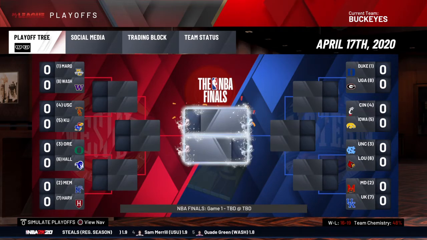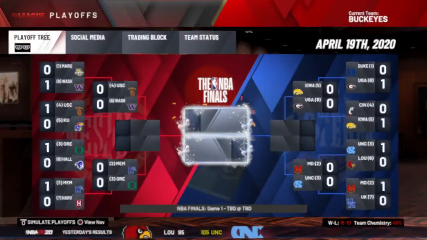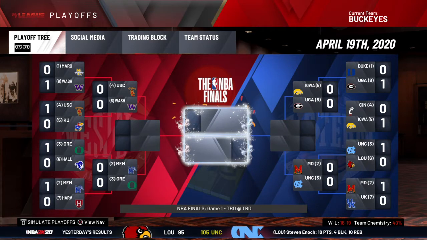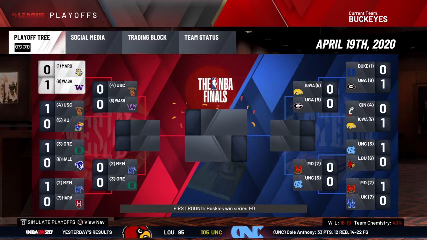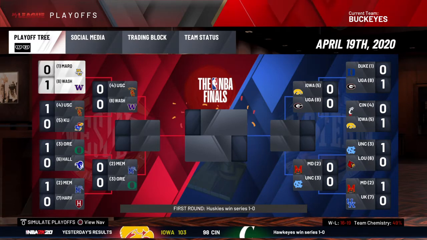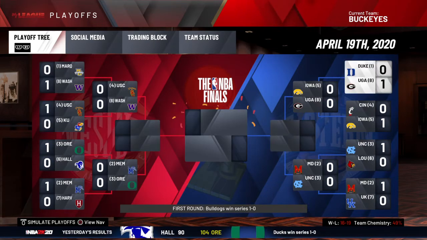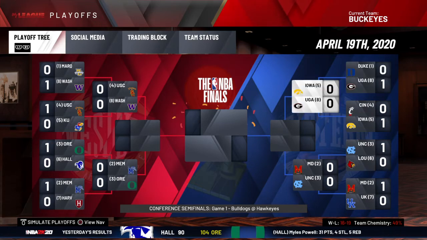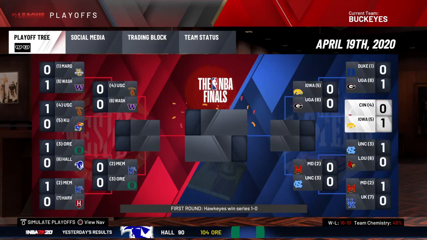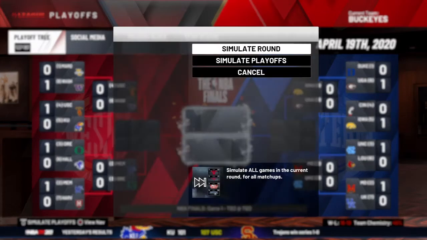But we still have to simulate through the playoffs, so let's do that right now. Okay, we're in the Elite Eight, and it's USC, and Washington, the 8 seed, upset the number 1 seed Marquette and Marcus Howard, so he's done in the Sweet 16. No other big upset. Actually, Duke got upset by number 8 Georgia, so that's pretty cool, and Cincinnati got upset by number 5 Iowa. Those are about the biggest upsets we had. Nothing else really changed that much.